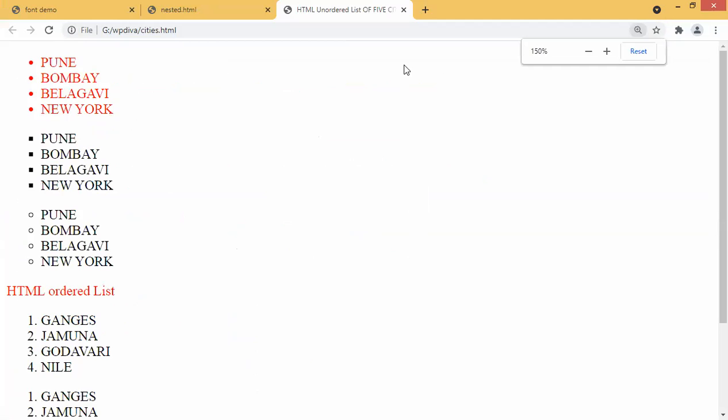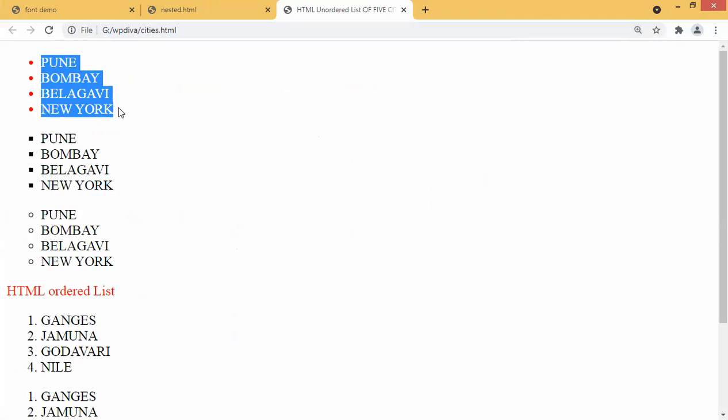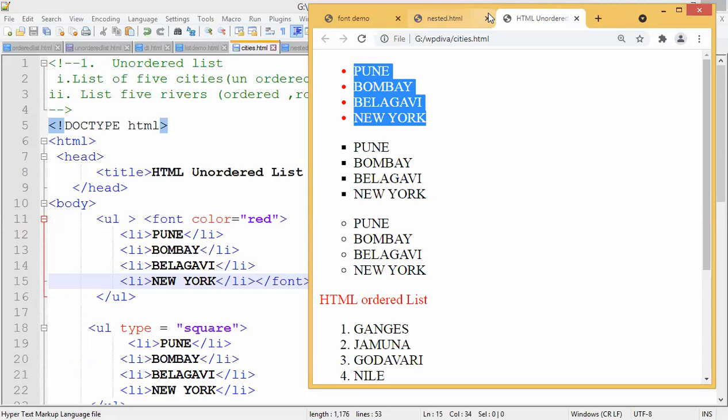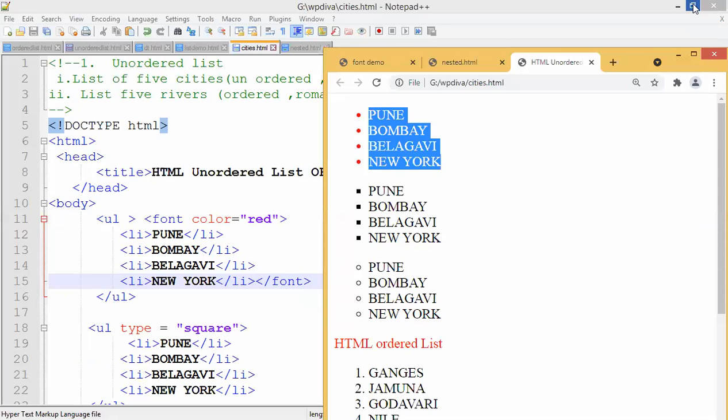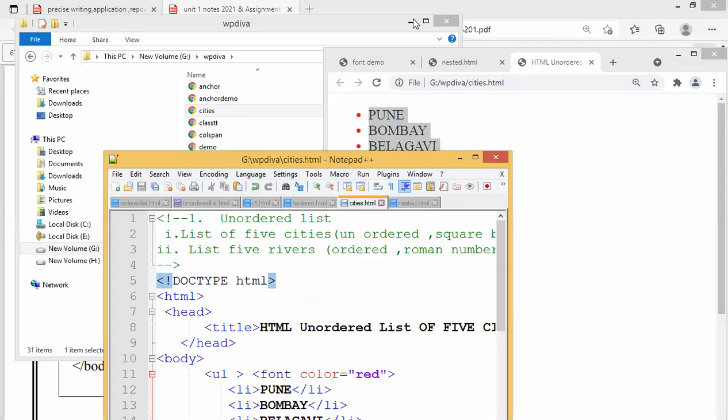Where you want to apply the font, I want to apply a font on this area. So this is an unordered list. Inside that, what I did, I took the code. So I will just minimize it and show you the comparison of how we did it. So this is my code and this is our output.